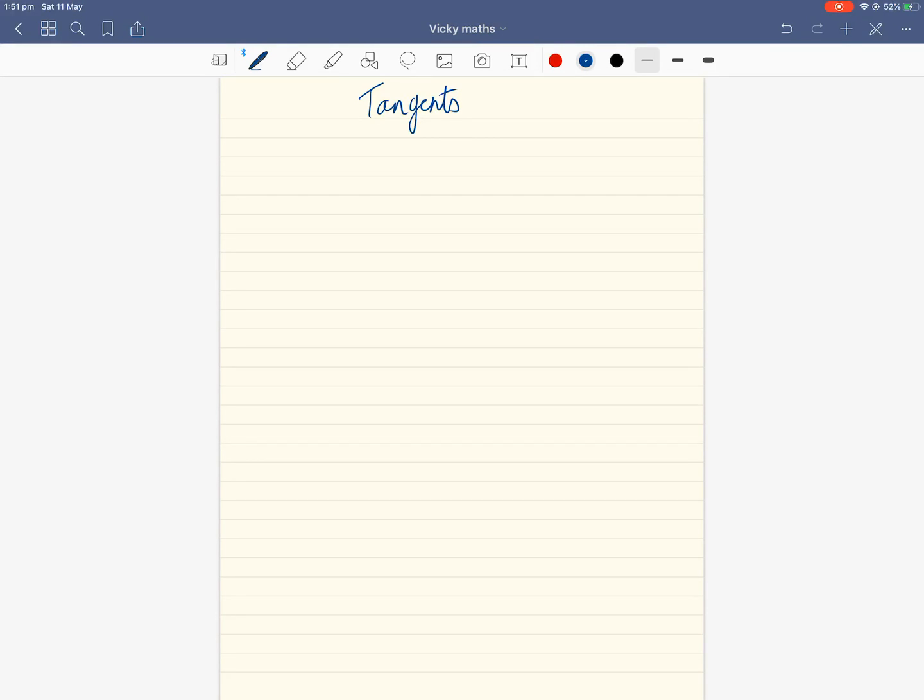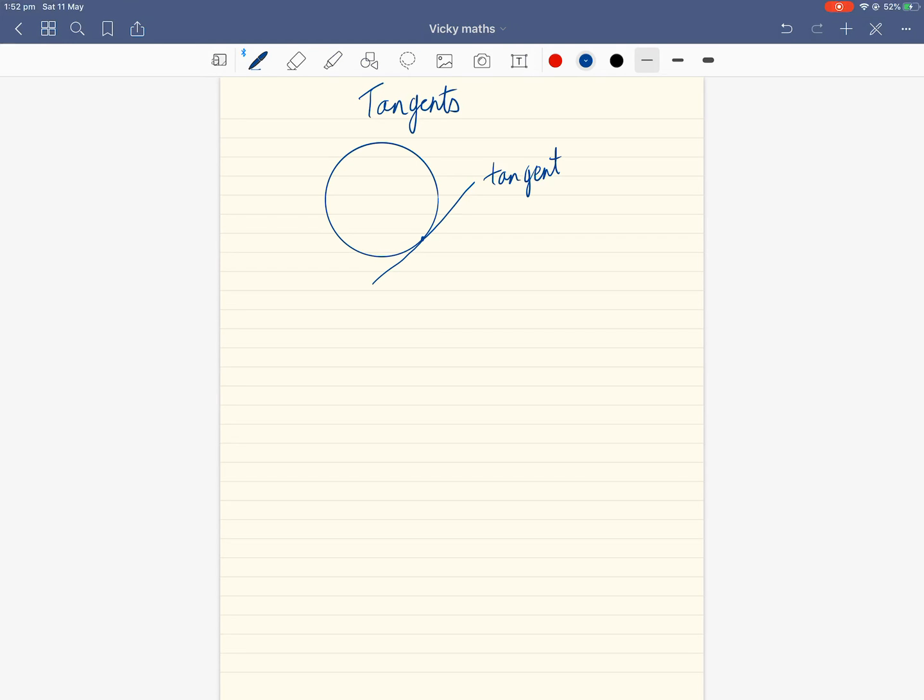Okay, so to finish off the circle theorems, we're going to look at tangents. Suppose you have a circle, then a tangent is a straight line that touches the circle only once. So for example, like that. This straight line touches the circle at exactly one point, and that is called a